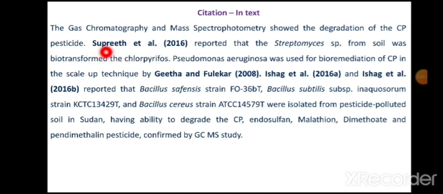So Supreet and co-workers, followed by that the year of the publication. So this is how you can write the in-text references in two styles, either in the form of numerical like 1, 2, 3, 4, 5, 6 according to the end references, or you can write by writing the name of author and year.